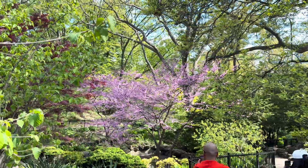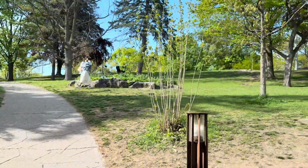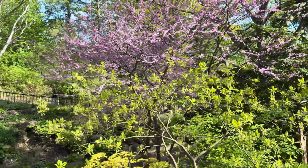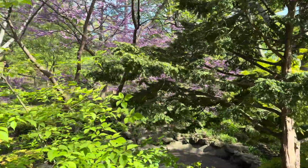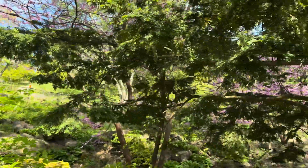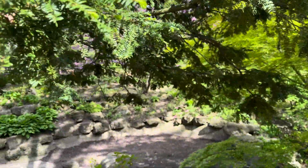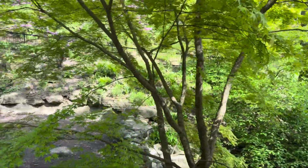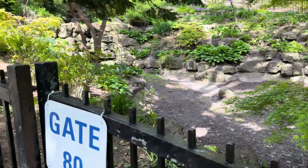There you go. This is that place, like a little hideout. With cherry blossoms, and this is like a creek, but when it rains you will expect some water, and a pond. It's gated, gate number 80,